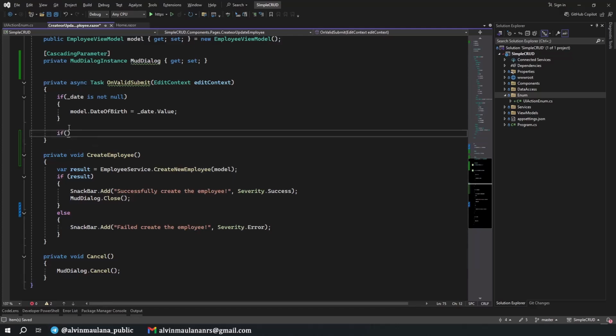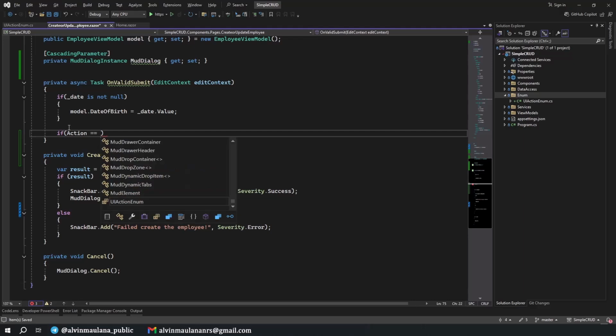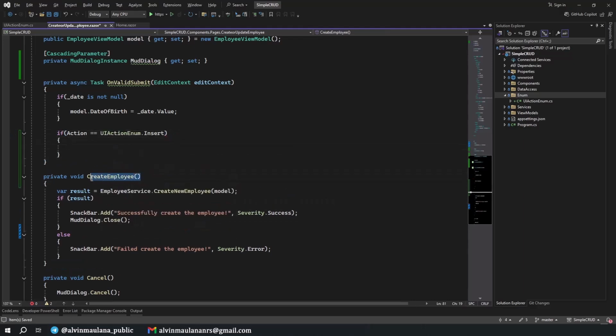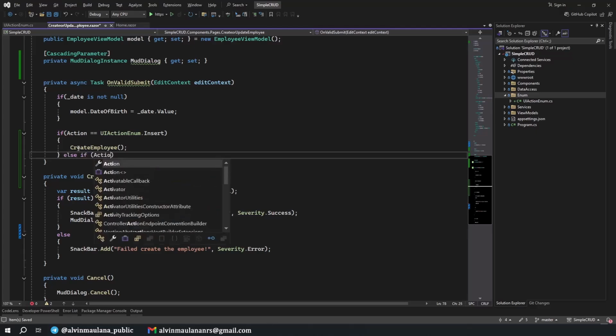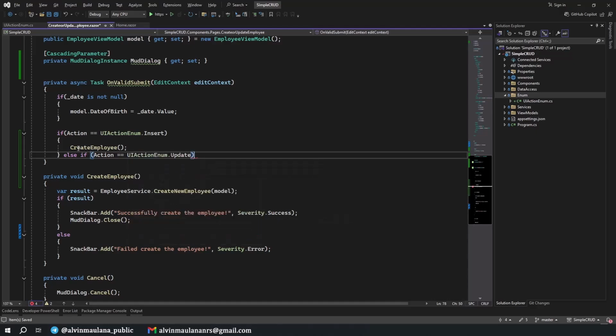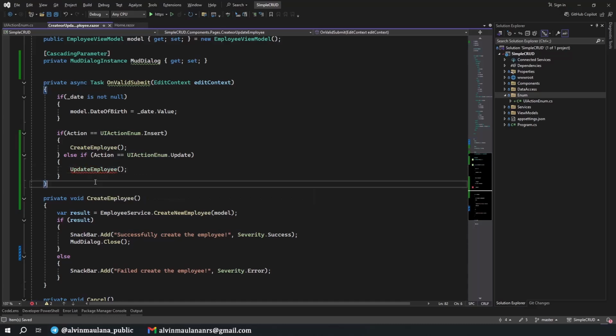So if the action is, what is it, UI action enum insert, we will call this create employee. But else, if action equal to UI action enum update, we are going to have another method to update employee.